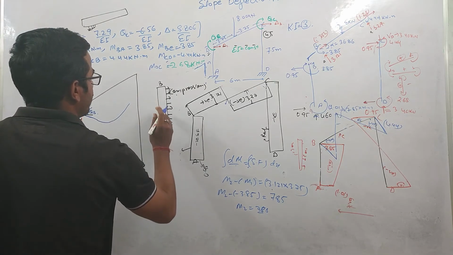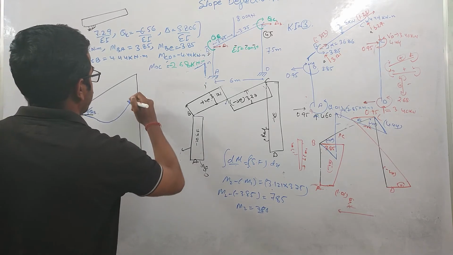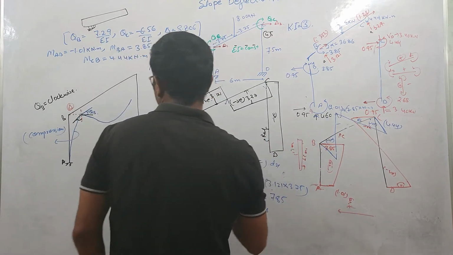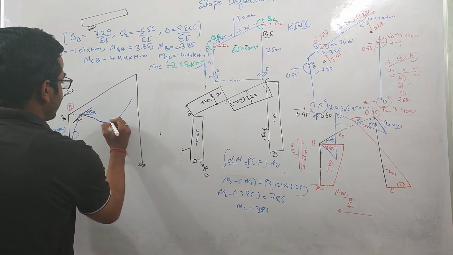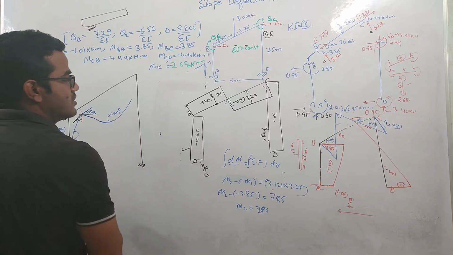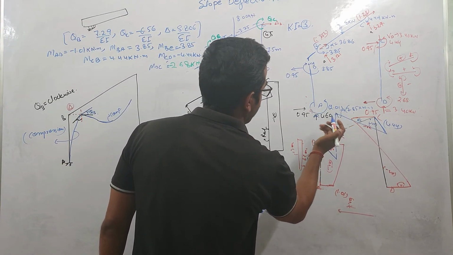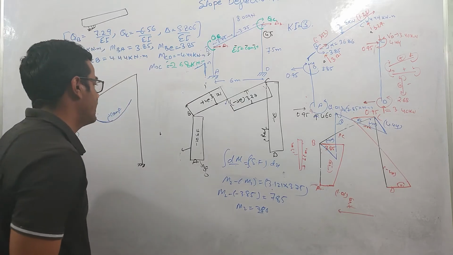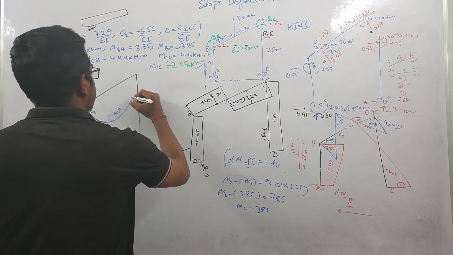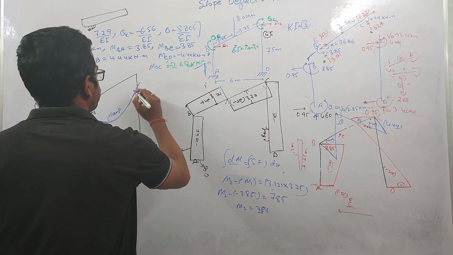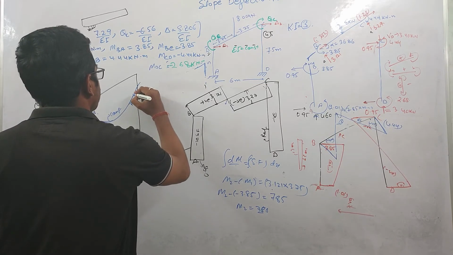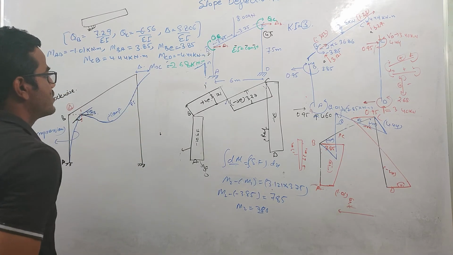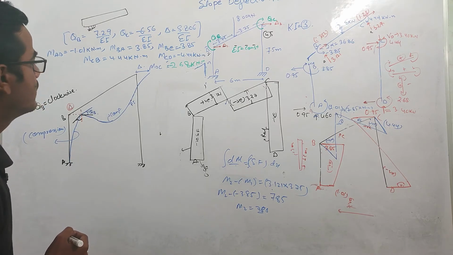So now what happened? It will go here. You can see that this portion is basically showing sagging. Here the compression is in the upward direction, in the top face basically. This is the thing which we are getting from the bending moment diagram. So at C joint what will happen? There will be some point of inflection, and we'll be having one delta deflection in the horizontal direction. This is a displacement in the horizontal direction, right?